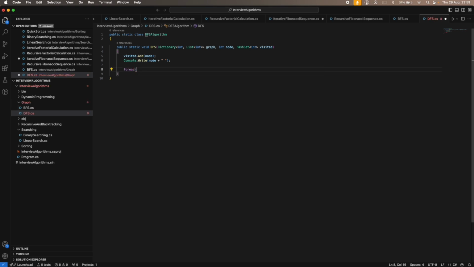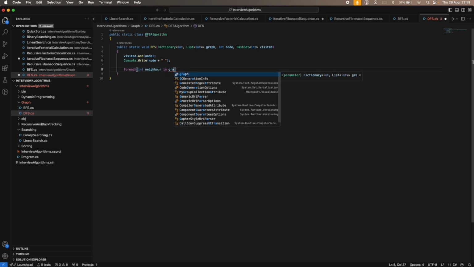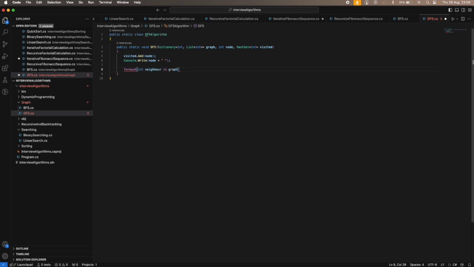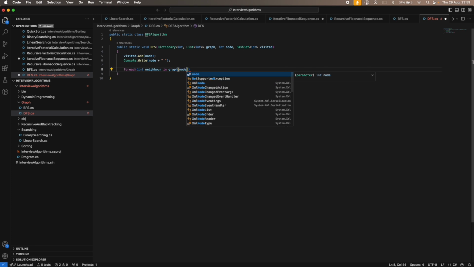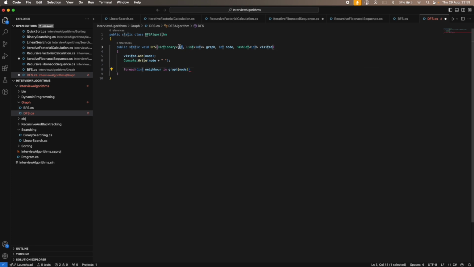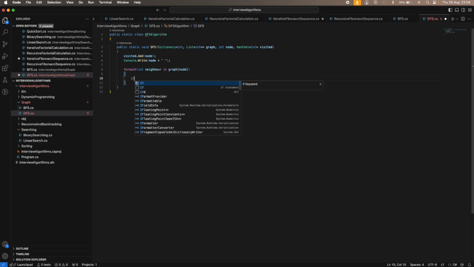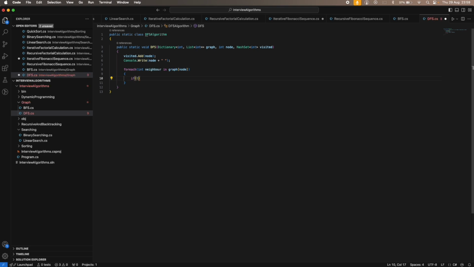So for each neighbor in our graph of that node, so we'll get the list, putting our node using it as a key, and then if we haven't visited that neighbor,